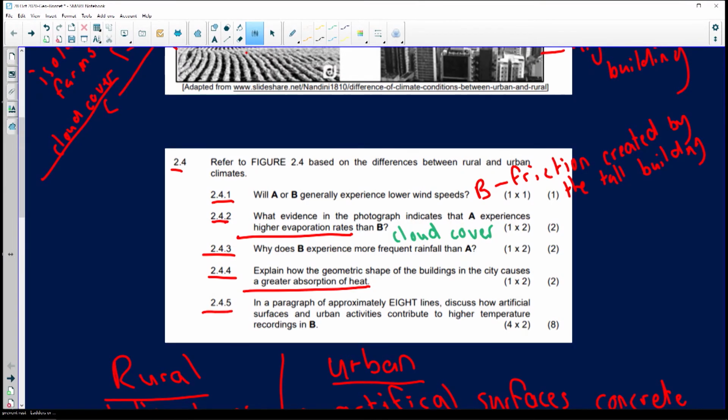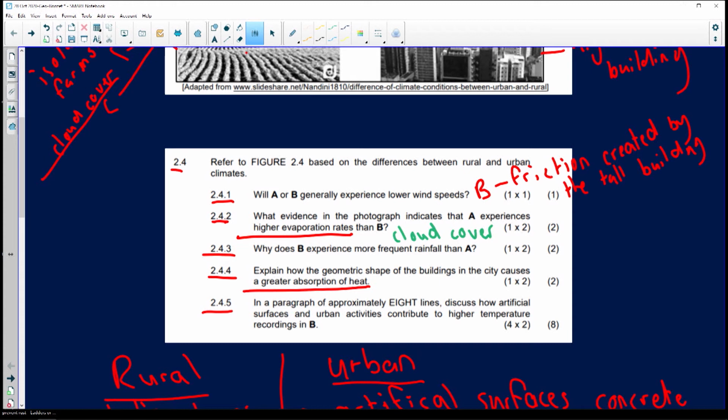Okay, nice experience. When you go back to school, go and measure the temperature differences between the rugby field and the assembly quad, and you will immediately see, because of the artificial surface, it creates warmer temperatures than the rugby field. Okay. Now, if we quickly have a look at 2.4.5,